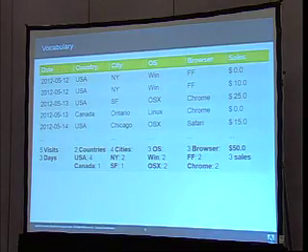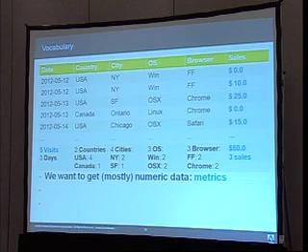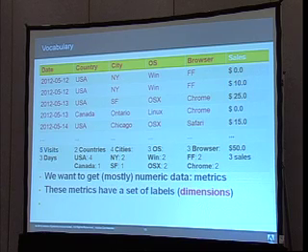OK. So basically, I'm going to move really fast through this vocabulary that I'm trying to explain. I'm only doing this because these terms will come up over and over again during my presentation. So basically, we have a set of input data like web analytics files or sales events or any kind of data. And you can split this data into two big parts. Basically, you get numeric data, which are metrics or measures, like sales or number of visits. And this data is tagged with a set of metadata or labels. And these are called dimensions.